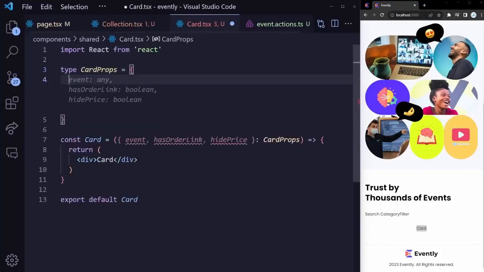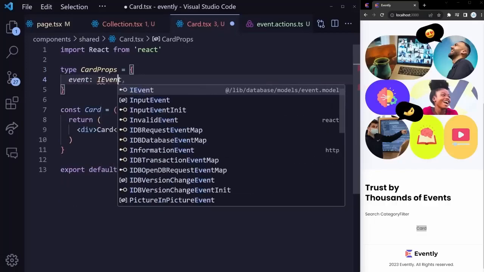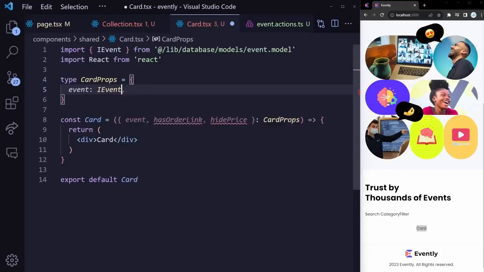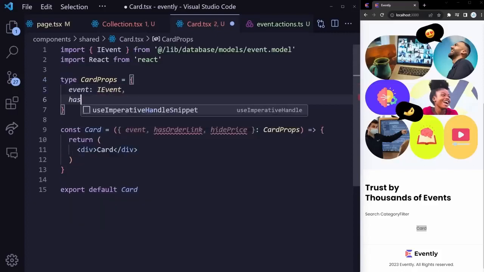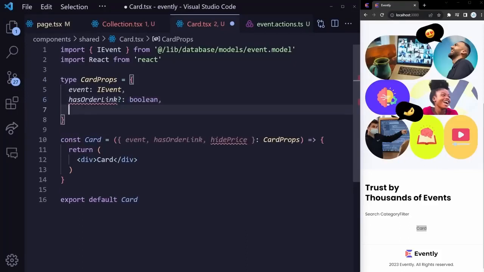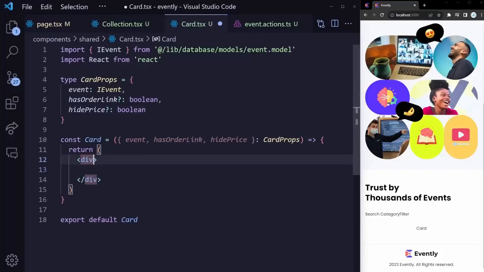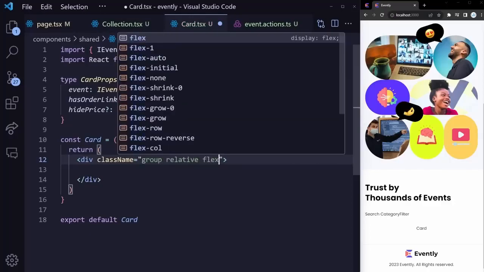And that is equal to CardProps type, which we have to define above by saying type CardProps is equal to an object where the event is of a type IEvent, an interface coming from models event model, hasOrderLink, which is going to be optional of a type boolean, and hidePrice optional of a type boolean. So now we can start creating what is yet to become our card by first wrapping everything in a div and giving it a class name equal to group relative flex